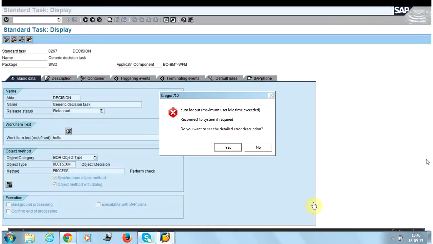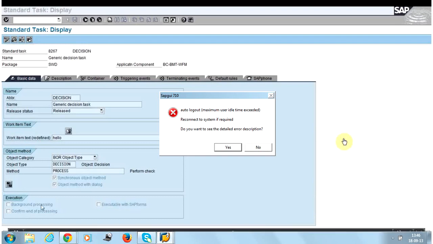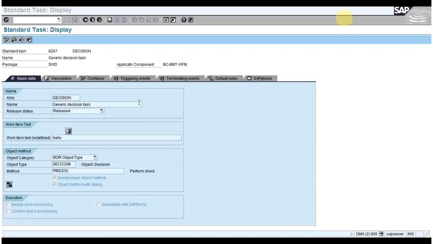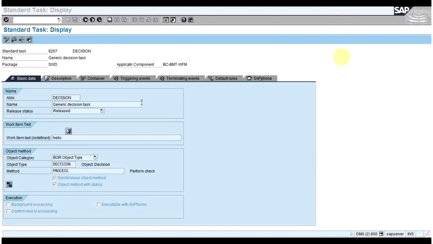But in case of a work item, suppose that work item is sent to 5 users. Within those 5 users, if even one of the users takes the action on the work item, or just clicks on it, then that work item will disappear from the inbox of the other users.